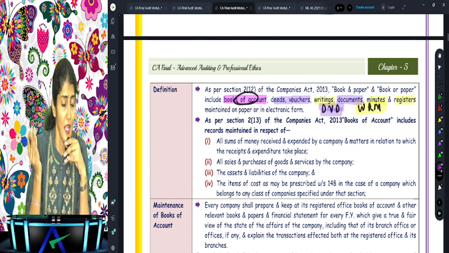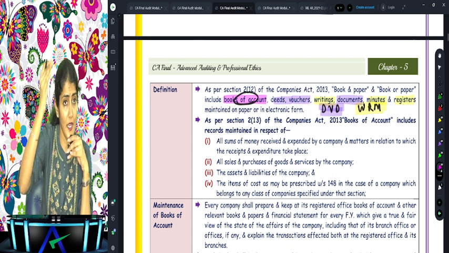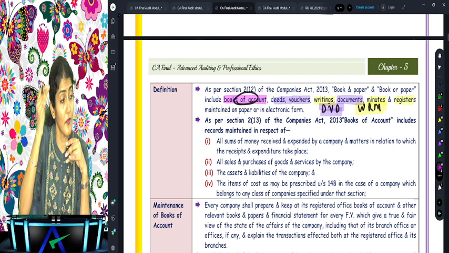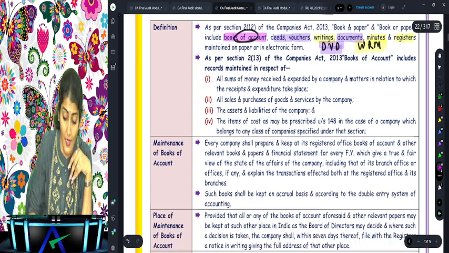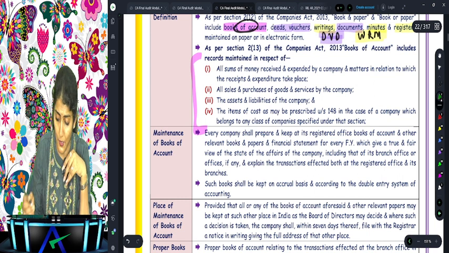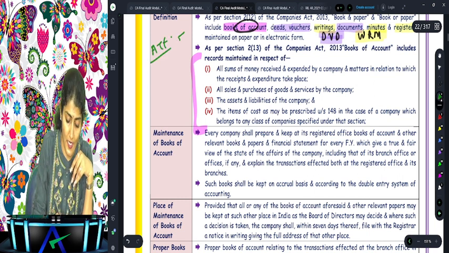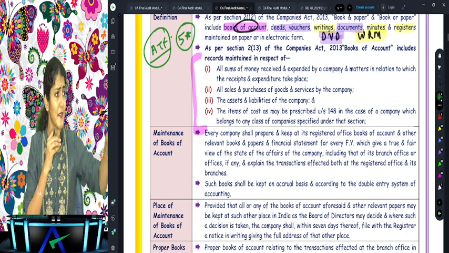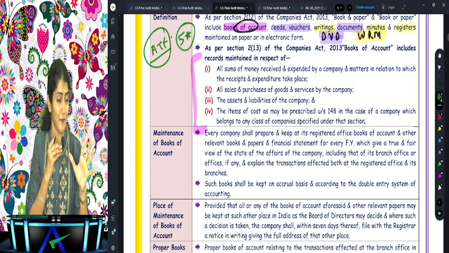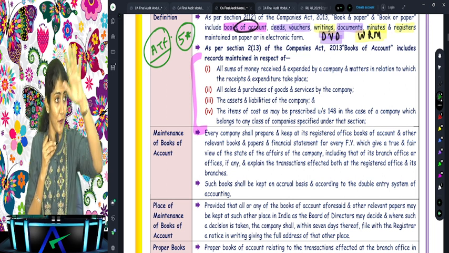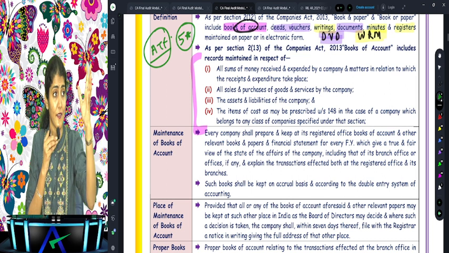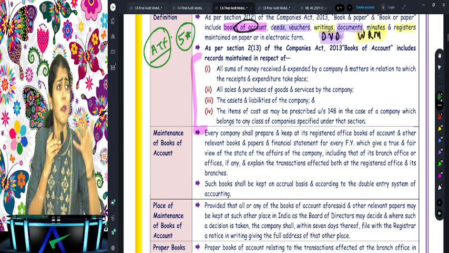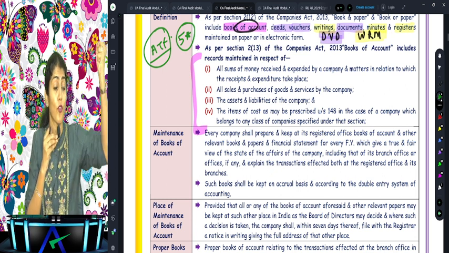Now coming to section 128, which is regarding the books of account, we are talking about two sections. 212 is book and paper, or book or paper. Next, coming to 213, which is again million dollar, ATF, five star, super important. When I say five star, maybe you don't see a question directly over here, but somewhere later, overall it has an impact at the financial statement level, assertion level. So this is important at the subject level itself, though it may not be relevant at the question level or the chapter level as such. So what do you mean by books of account? You say books of account of a company.